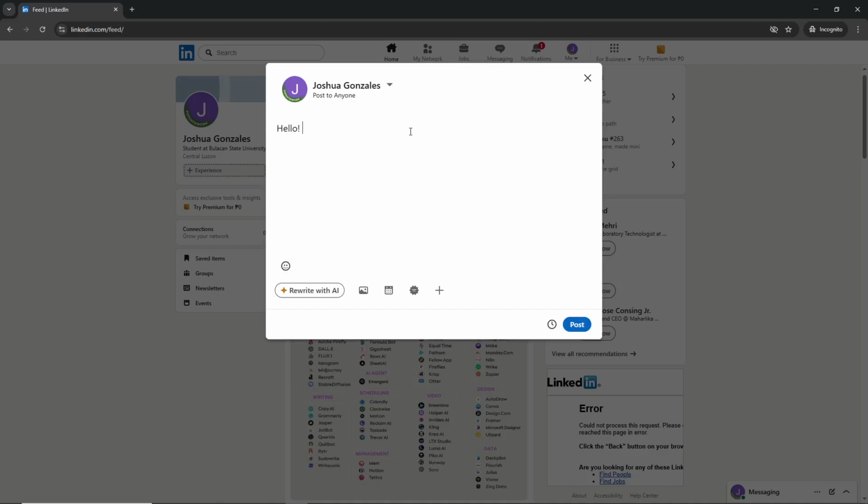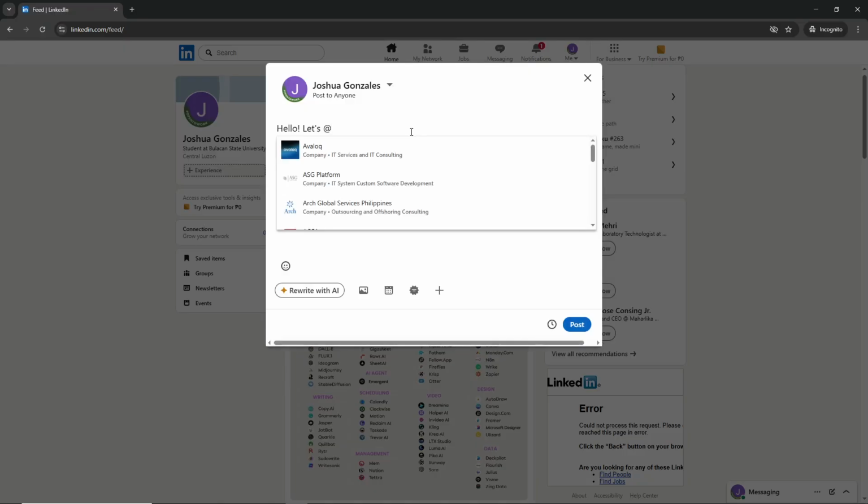Now comes the important part, tagging someone in your post. To do this, simply type the @ symbol, which is Shift and the number 2 on your keyboard. As soon as you type the @ symbol, LinkedIn will prompt you to start typing the name of the person